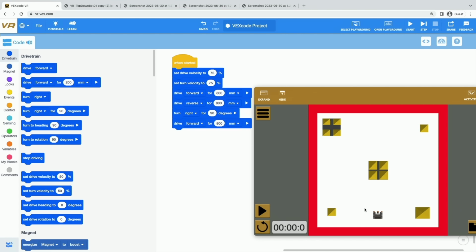Now, what if I wanted to knock down this castle on the left instead of the castle on the right? Well, in order to do that, I need to tell my robot to turn left instead of turn right. So here in this turn for block, we can change this parameter from right to left. So let's go ahead and do that, and let's test our project again, and now let's see what happens. Robot's going to drive forward, back. Whoa, look at how fast that turn was, and there it goes. It crashed that left castle.